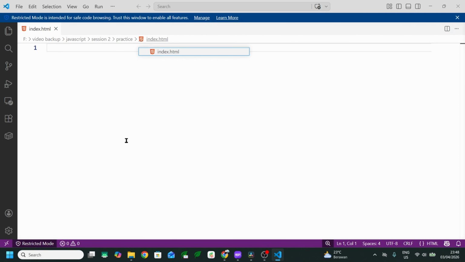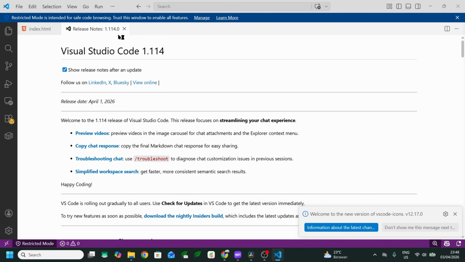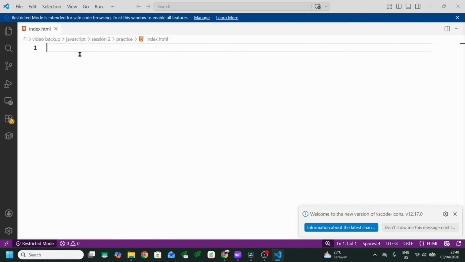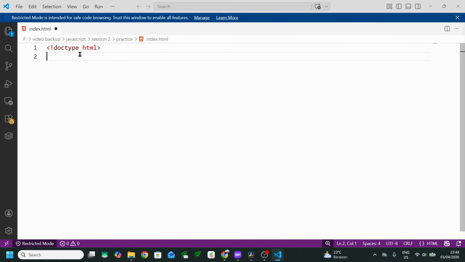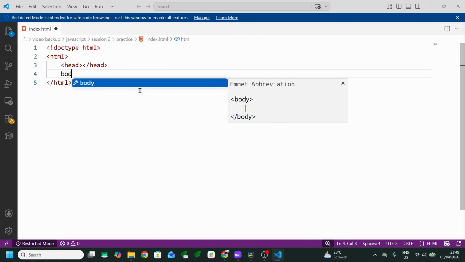Okay, for example, please write the HTML form. Doctype HTML, then the html and body must be included. Head and body.